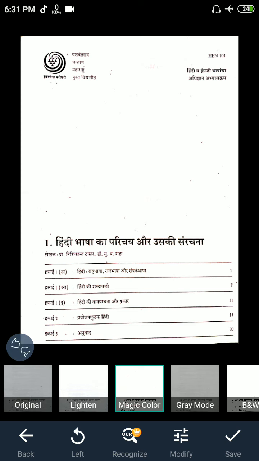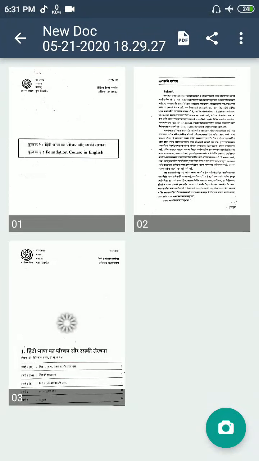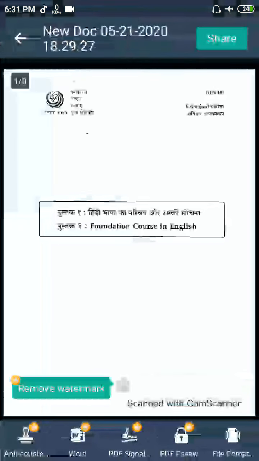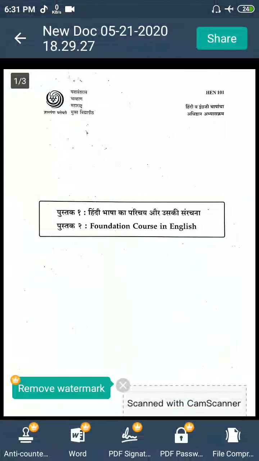After that, click on OK, and likewise you can add several pages. Then you can click on the PDF option from here, and your PDF document has been created in your file manager folder, which is commonly known as the CamScanner folder.